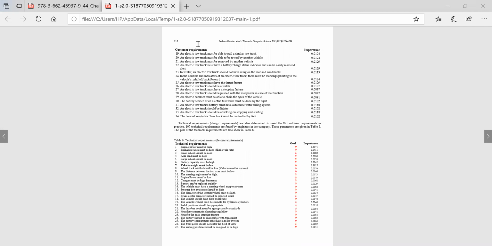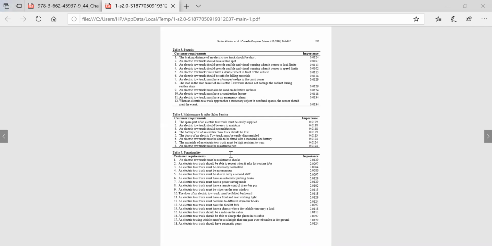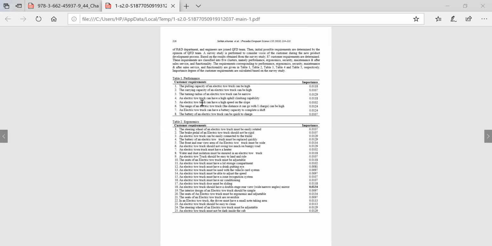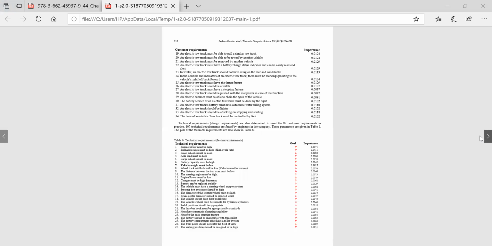So until now these were the customer requirements, right? All these functional requirements: under functional criteria we had customer requirements, under maintenance we had customer requirements, under security, under ergonomic factors, under performance, we had customer requirements. So all these customer requirements based on different criteria should now be mapped with our technical requirements. Both should map. Technical requirements are defined only based on the design parameters.